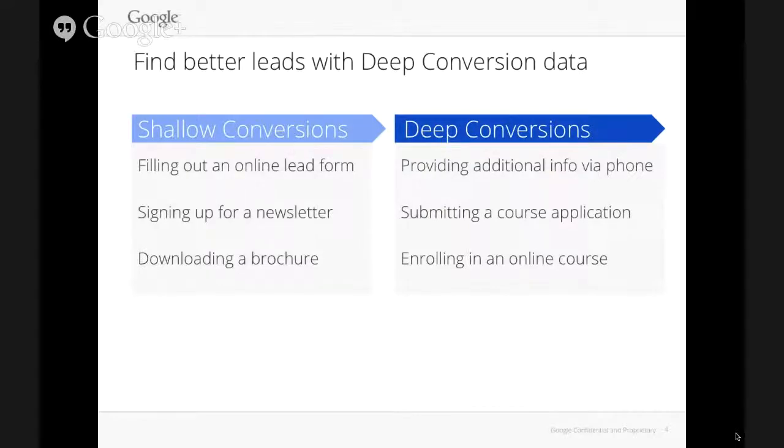We see there being two types of conversions that you will get through AdWords. There are shallow conversions and deep conversions. The shallow conversions are the ones that you're likely tracking right now with conversion tracking. And they happen very quickly within the site, not a lot of engagement required. And they're just brief conversions such as filling out an online lead form, signing up for a newsletter, downloading a brochure. Those right now we're tracking with conversion tracking, and we're feeding that data to Display Campaign Optimizer and Conversion